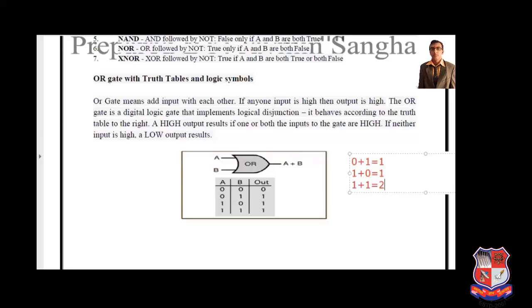But if you convert it into decimal, it is the decimal number. But if you convert it into binary, then the answer is 0 1. Then this 0 1 indicates: the 1 can be represented with sum, and the 0 can be represented with the help of carry.